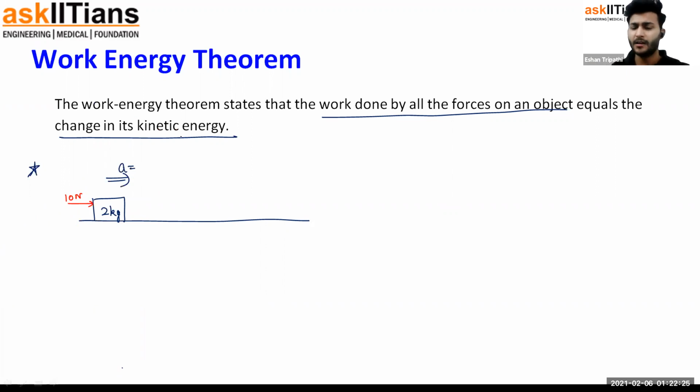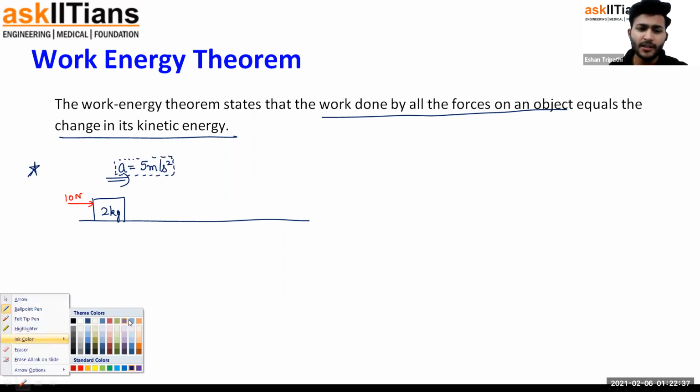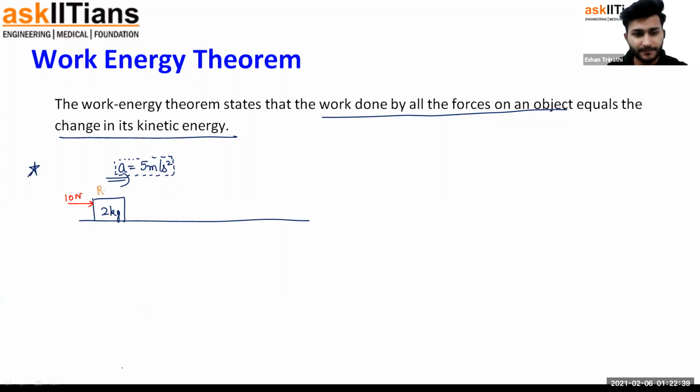Acceleration is simple to find. Net force divided by mass, that is 10 divided by 2, that is equal to 5 meters per second square. This body will start accelerating with 5 meters per second square. Let me say originally the body was at rest. So if this body, which is originally at rest and starts accelerating with 5 meters per second square, could you tell me that by the time it displaces by,